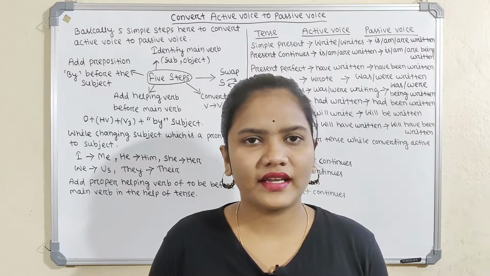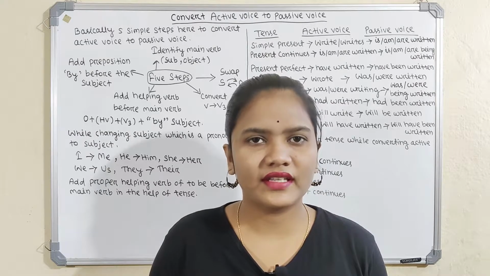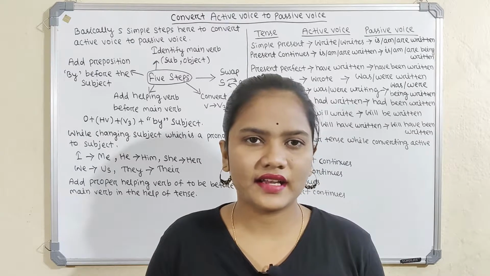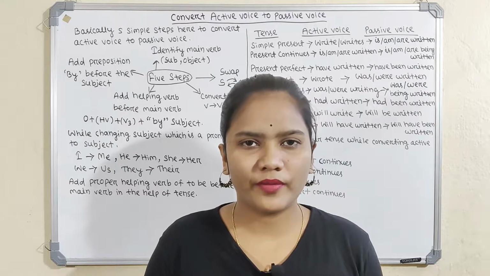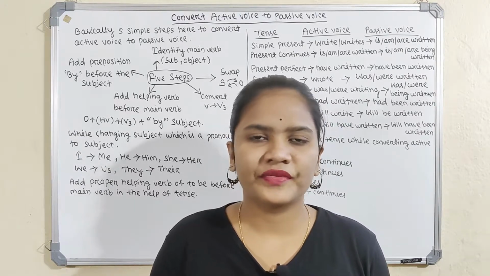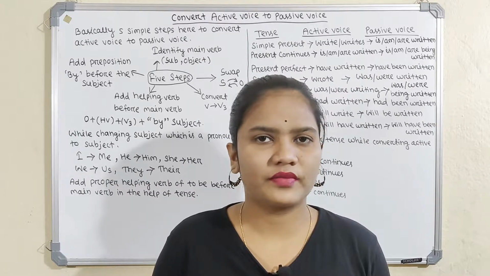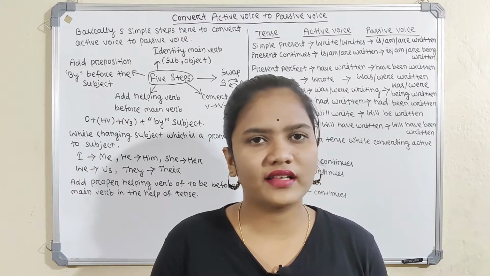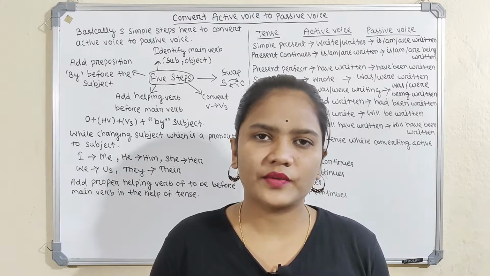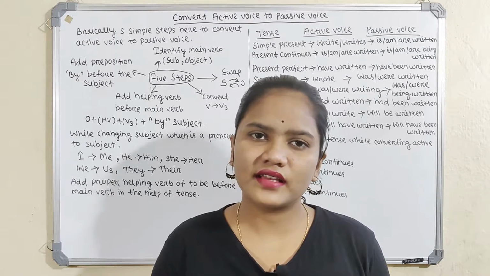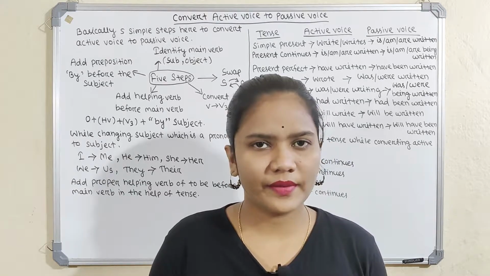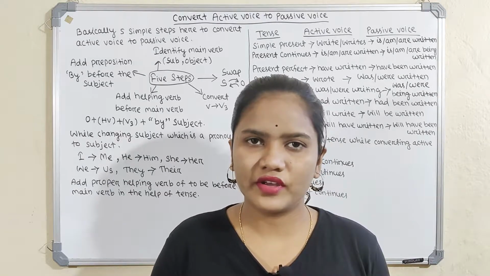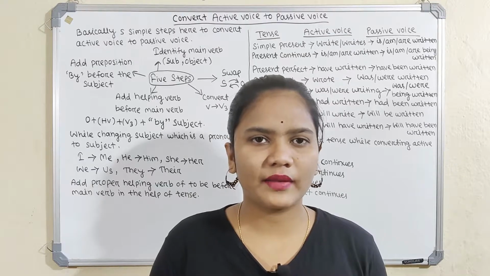First I started the active voice and passive voice with an introduction. What is active voice? Active voice is that voice in which the subject performs the action and the object receives it. That is the straightforward sentence. But in the case of passive voice, it is the reverse process. The subject is not given importance, it is used last, and the object is used first by the subject. It is called the passive voice. Active voice and passive voice are similar, but they are reverse processes.